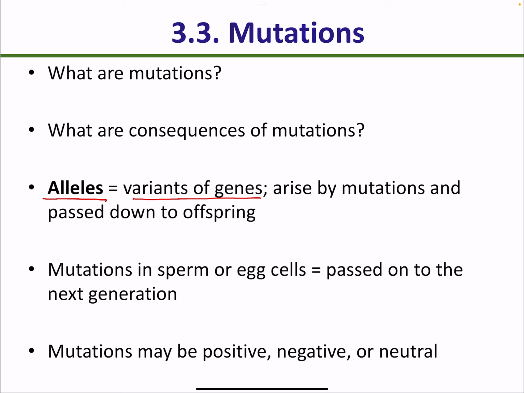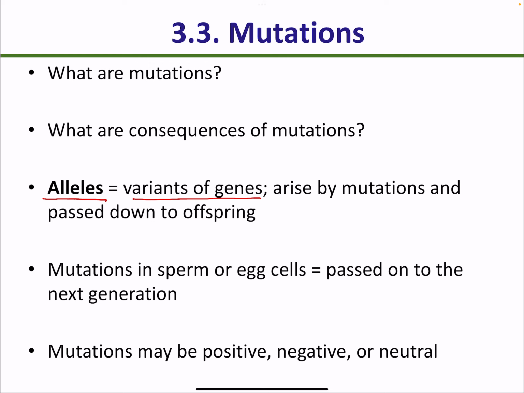For instance, A can be replaced by C, or G can be replaced by T, and so on. And when that mutation is passed down from parents to offspring and down the generations, that mutation becomes permanent